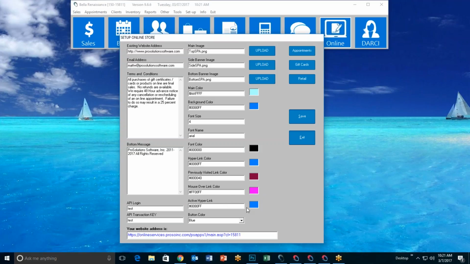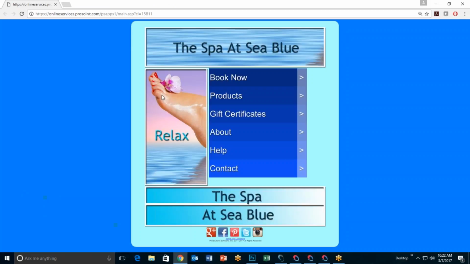And then finally, my active hyperlink, this is the link that you're in currently, and I've just chosen the same colors. You can use any colors you would like to use for that. Once you have set those up, your fonts and your font size, your font name, as well as your colors, then you can save the whole thing, and your front page will now be ready to go, minus these 3,